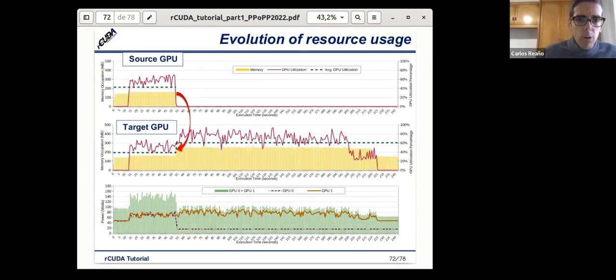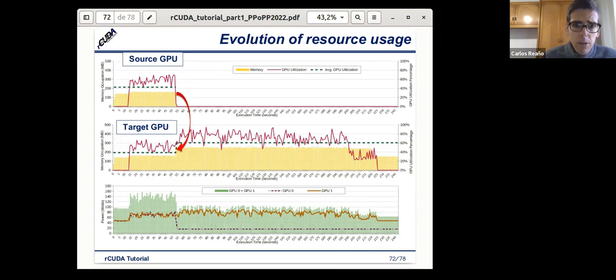At that point the source node will be switched off, and the target node will be running two instances: the application it was running in the beginning and the migrated application. As we can see, this increases the GPU utilization, also increases the memory utilization in the target node, and also increases the average GPU utilization.